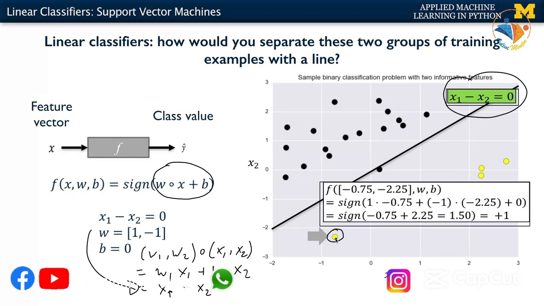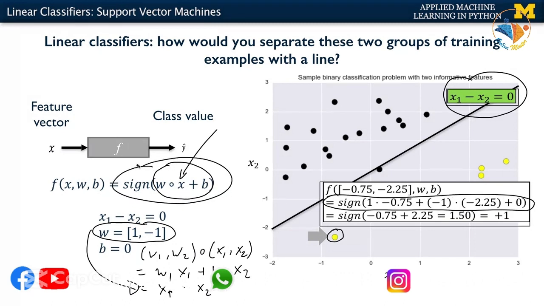All we would do to have the classifier make a prediction with this decision boundary would be to plug in those coordinates into this part of the function, applying the weights and the bias term that describe the decision boundary. So this expression here corresponds to this part of the equation. If we compute weight 1 times x1 plus weight 2 times x2 plus 0,